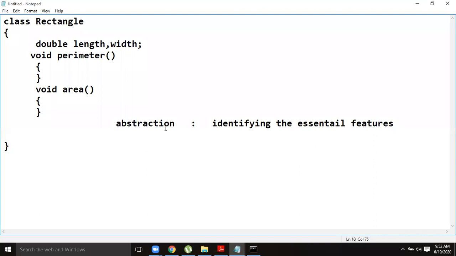He just explains the features, like what is the brand, what is the model, what are the specifications of camera or Bluetooth or other things, what is the Android version, or what about the front camera, the back camera, all the things. Abstract means identifying the essential features.